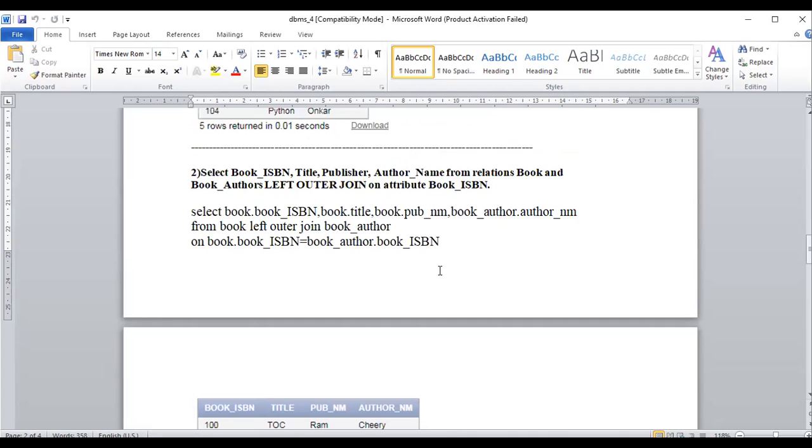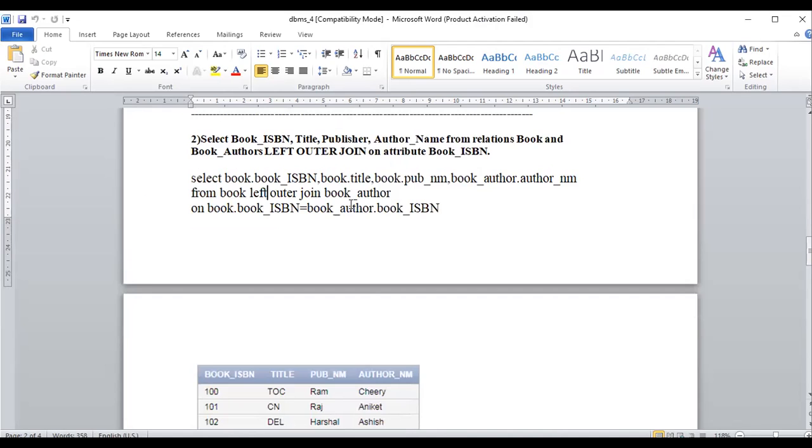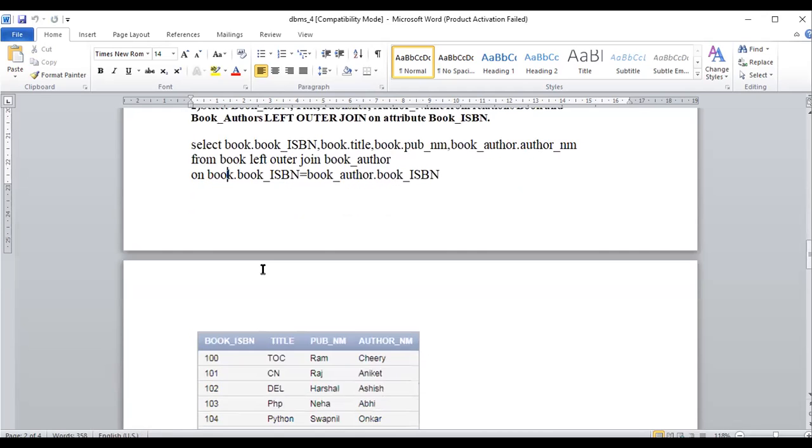On which table? You have to remember this for the different types of joining operations. For the left outer join, what is it? That is at the left table. Which is the left table? That is the book table. The left table is there, which means that depending upon the left table, and those that are common in the right hand table, that only gets displayed, meaning the combination.